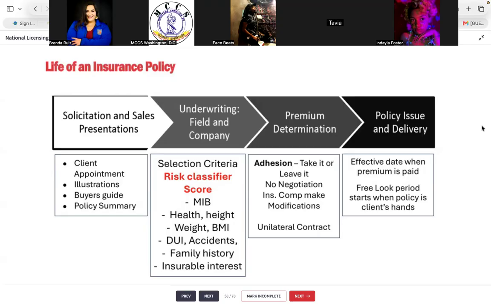Now, once you determine what's best, it's your job to make sure that your client is a good fit for the company. How do you do that? There are going to be several questions on this application, and these questions have to be answered accurately. And if you see that an application is being answered accurately, but some of these are red flags, sometimes it's wise to not even submit the application and just call a carrier.